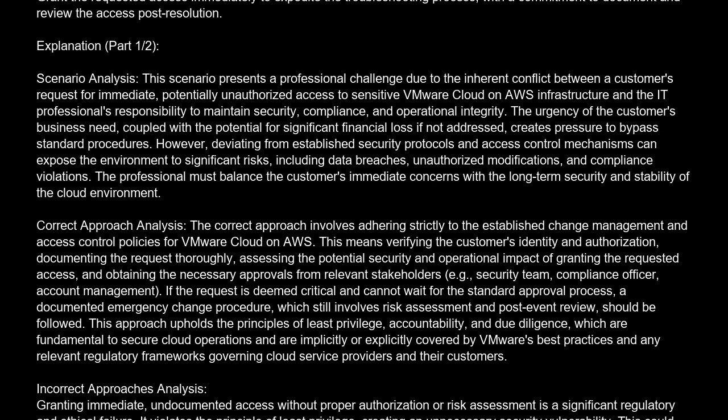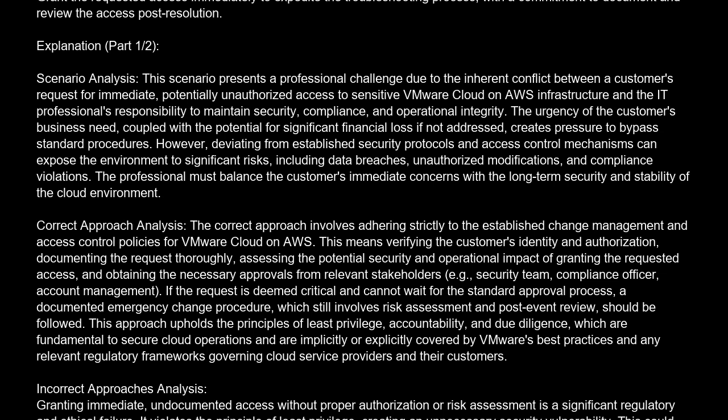If the request is deemed critical and cannot wait for the standard approval process, a documented emergency change procedure, which still involves risk assessment and post-event review, should be followed. This approach upholds the principles of least privilege, accountability, and due diligence, which are fundamental to secure cloud operations and are implicitly or explicitly covered by VMware's best practices and any relevant regulatory frameworks governing cloud service providers and their